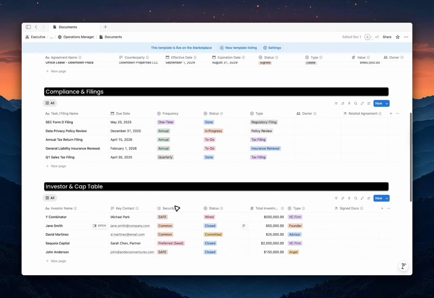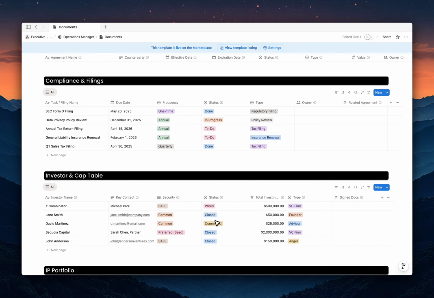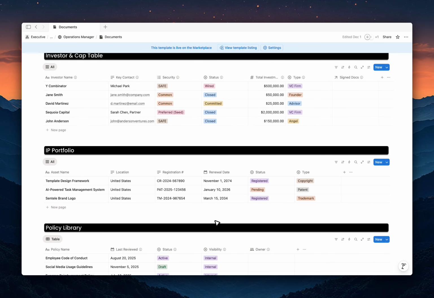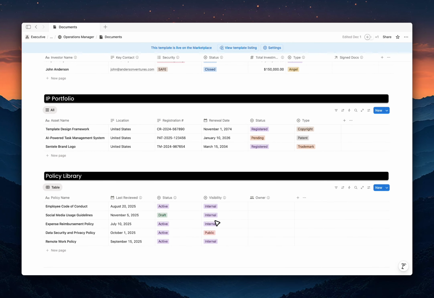stay legally compliant. Investor and cap table that manages your fundraising documents, investor agreements, equity distribution, and cap table records. Perfect for startups tracking their funding rounds. Then comes the IP portfolio that documents all your intellectual property, including trademarks, patents, copyrights, and any other proprietary assets your company owns. Finally is the policy library, that is your collection of internal company policies like HR policies, security